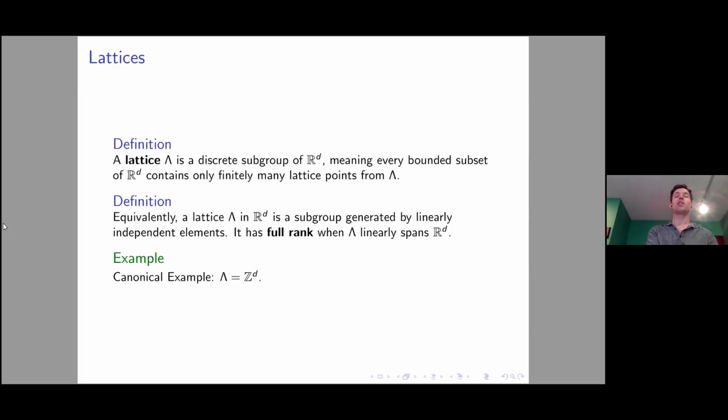I've chosen that first definition because that property of only having a bounded set containing a finite number of lattice points is one of the key properties that gets used all the time and why I'm using lattices in the proofs. But if you're not so familiar with lattices, it's not all that crucial because the canonical example of a lattice is just the integer lattice, Z^d. And essentially, all of the lattices are isomorphic to this one. It's actually convenient in the proof to look at multiple lattices so we can take advantage of the geometry. But from the algebraic point of view, we're basically dealing with Z^d.